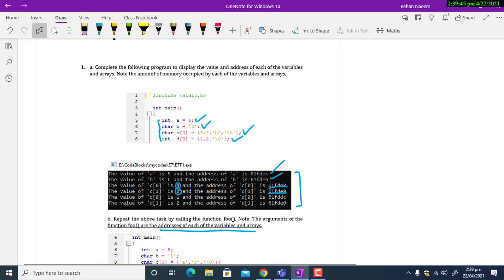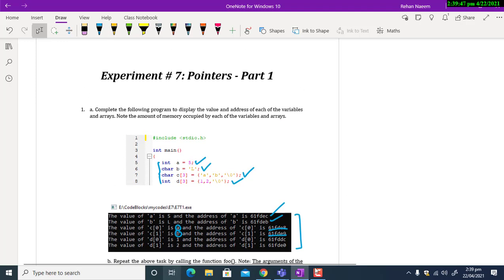Okay, say for example, you have a program, int main, and say for example you have defined an integer 5, and you want to modify its value.